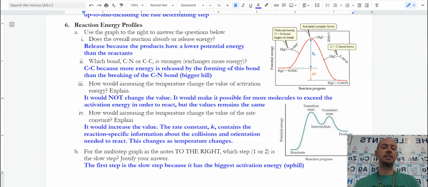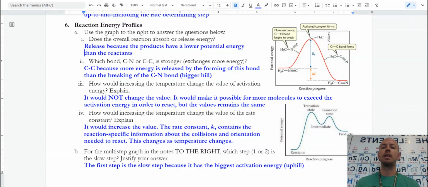How would increasing the temperature change the value? Once again, a different temperature doesn't change our value of activation energy. That just means that more of our initial reactants are moving fast. Therefore, more of them are going to have the energy required to get over that hill, and specifically the energy required to bend and break that bond. More molecules would exceed the activation energy, more molecules would react, and we would see right here it does change